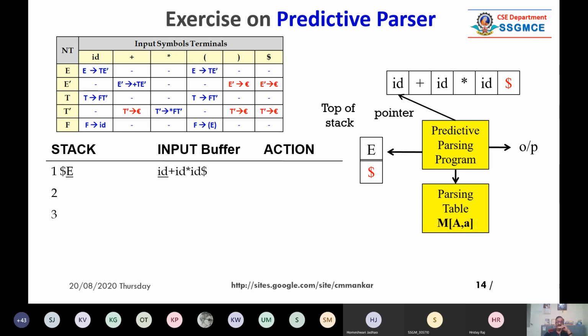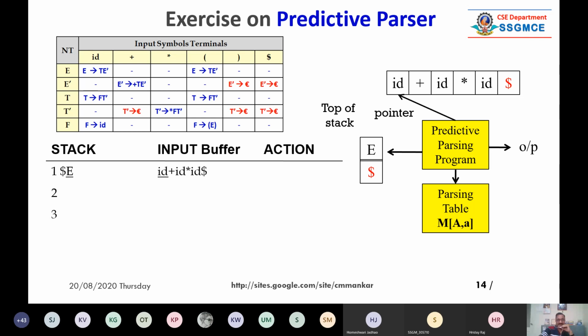So anyway, don't worry. Just be with me, and I will be explaining it in a better way, how to do the parsing. So here E is on the top of the stack, and ID is pointed to by the pointer. By the algorithm, we have to refer E and ID.